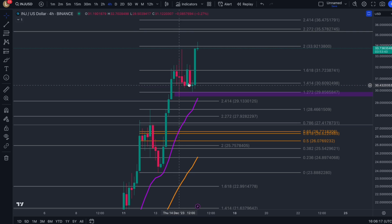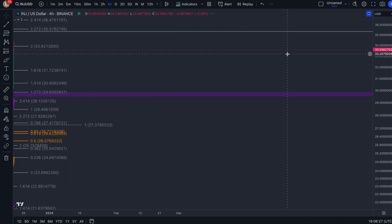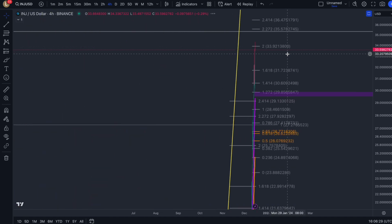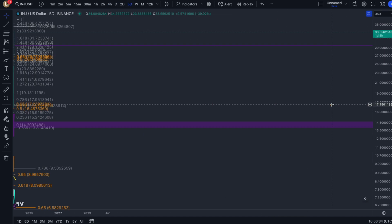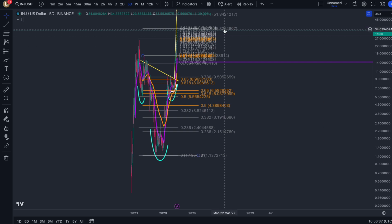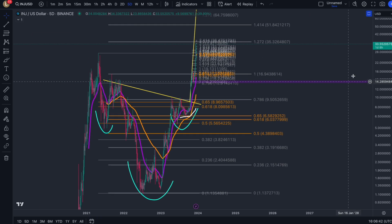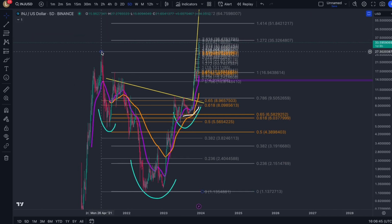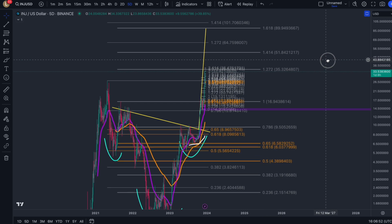And if you remember a few days back, we were saying the next technical target is $35. That is going to be another wall. And it's also a different fib level from a larger time frame. If I can show you it, if it wants to let me show you. Oh, it's not letting me show you guys, sorry. Unfortunately, I'd have to go to the higher time frames just to show you what that fib level is. I think it is the 1272, yeah, $35. This is out of the fib retracement, measuring pretty much the 2021 high to the 2022 low. And after we've broken the golden pocket, essentially means that we should go ahead and meet all these price targets,